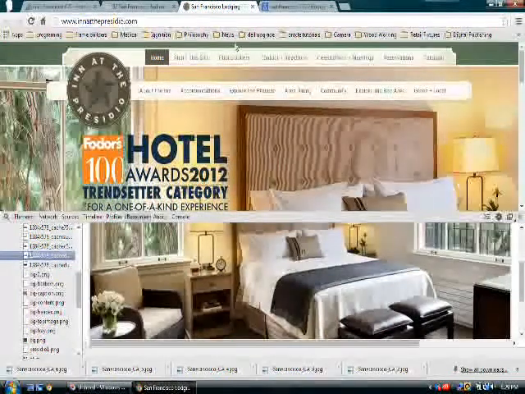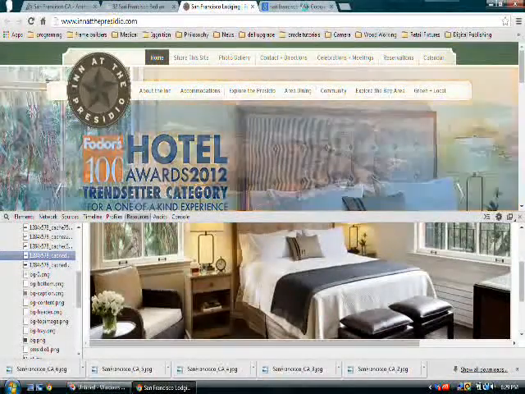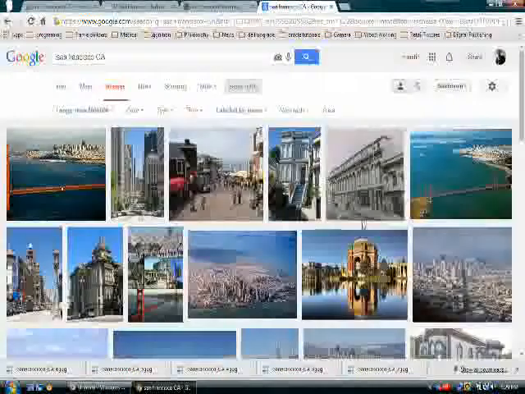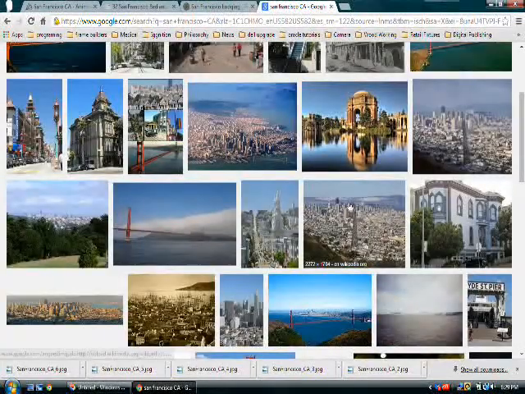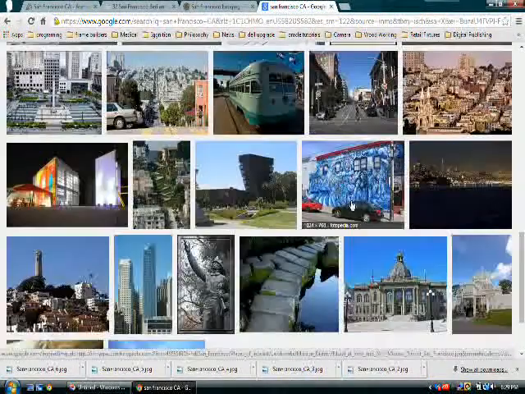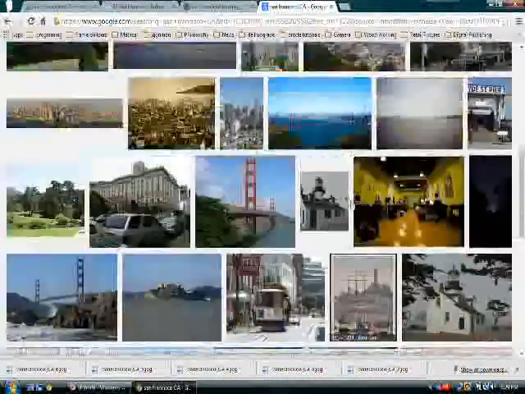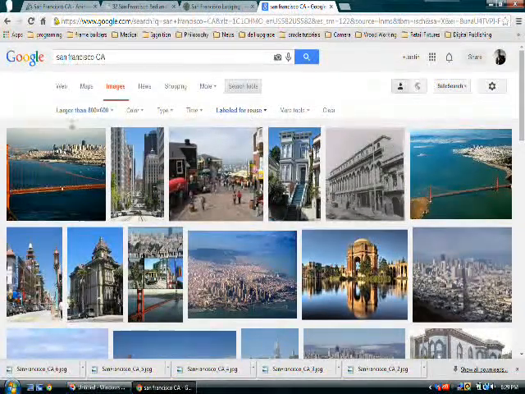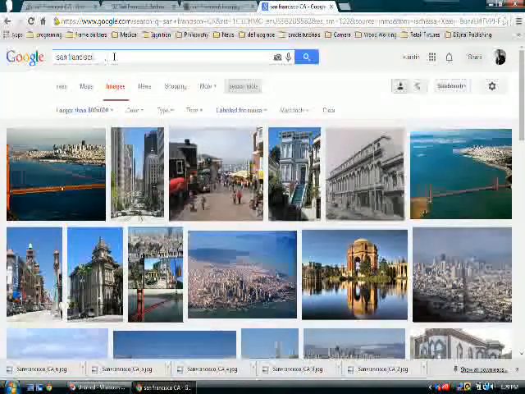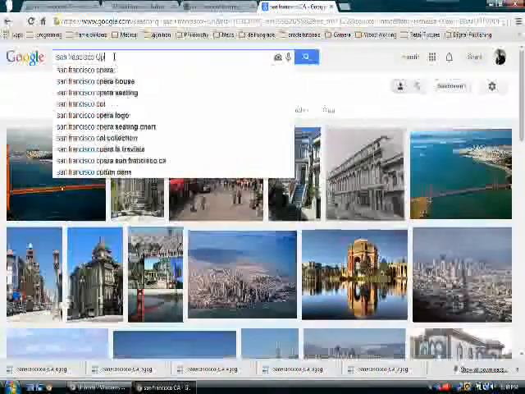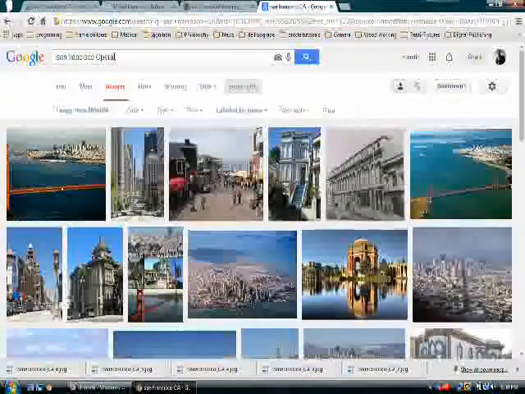So the other thing that we can do, go back to the Google menu, since we went on and got our pictures of the inn. Now, we don't have as many images on here as we might like to see. So what we can do is get creative with the images, and we've already set it labeled for reuse larger than 800. So I know that San Francisco has an opera, so I'm going to type San Francisco opera